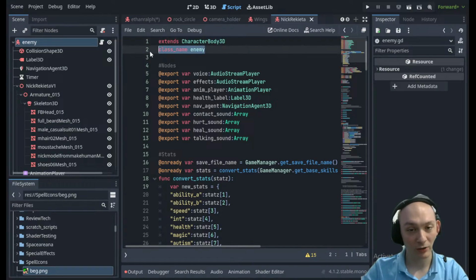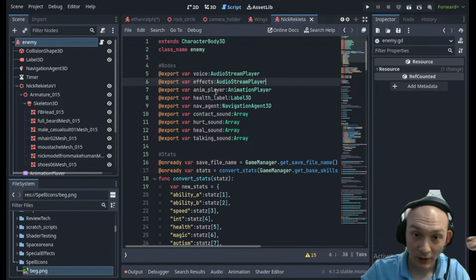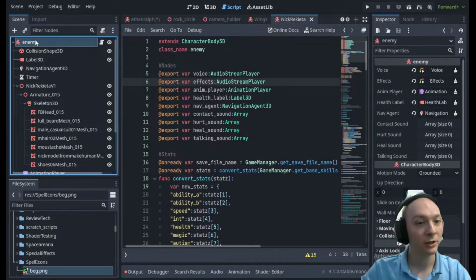We create a class with the name of enemy, and then we have these export vars which are like assigned the voice audio stream player. These are the effect sounds of another audio stream player. We need an animation player, a health label, a navigation agent, so that's all stuff we're going to need in here. So when we instantiate the class, because now we can go like,